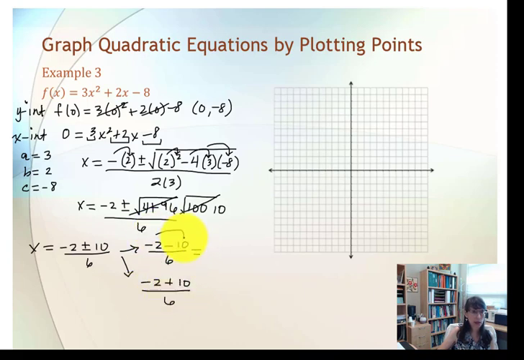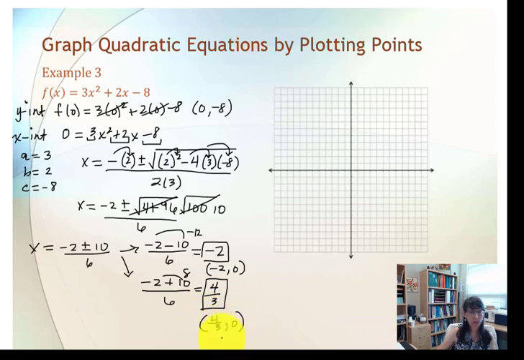So if we simplify these, we'd have negative 12 over 6. Negative 12 over 6 is negative 2. And the other solution, negative 2 plus 10, gives us 8. 8 and 6 are both divisible by 2, leaving us 4/3. So we have two x-intercepts. Negative 2, 0 is one ordered pair. And with 4/3, that's 1 1/3. We'll need to know that when it comes time to plot it, but for right now we could write it